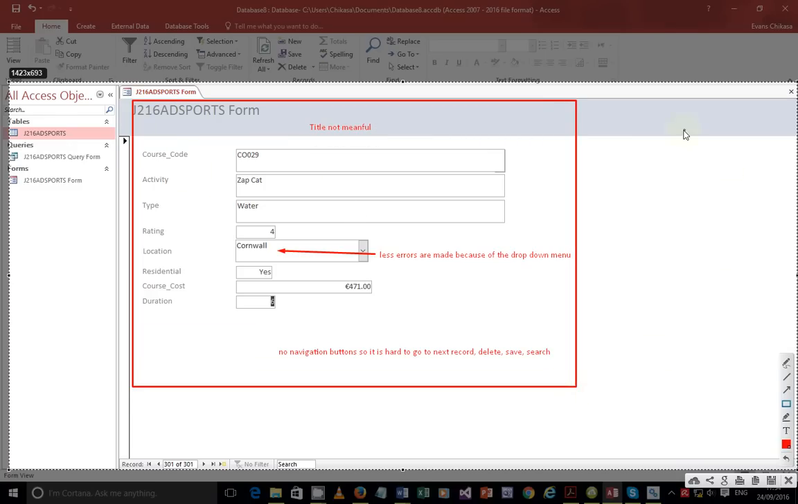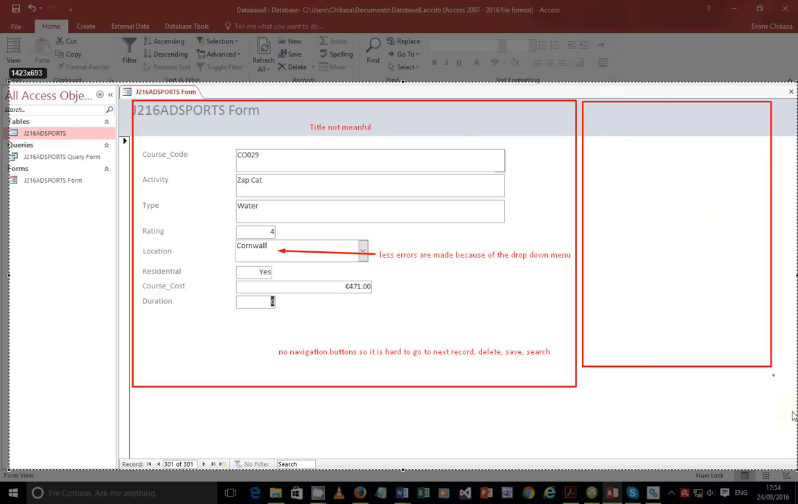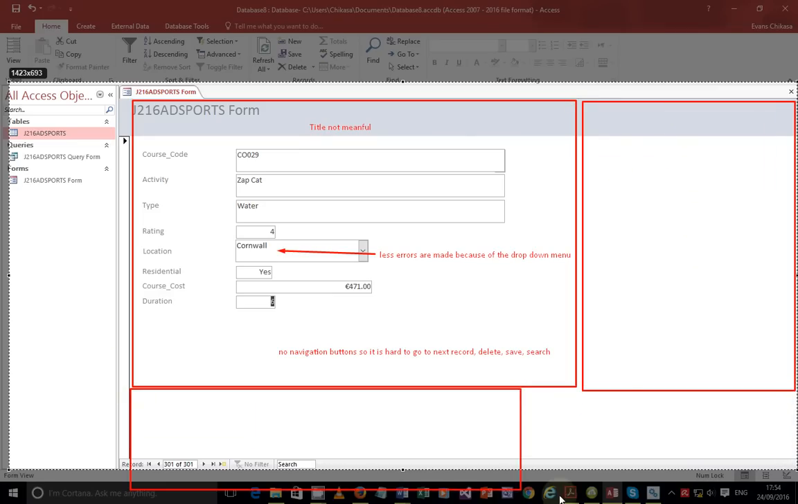But what about the space that we have here? What about this space? What about this space? What are we doing about these spaces here? Okay, so the form should be well balanced. And then there is also